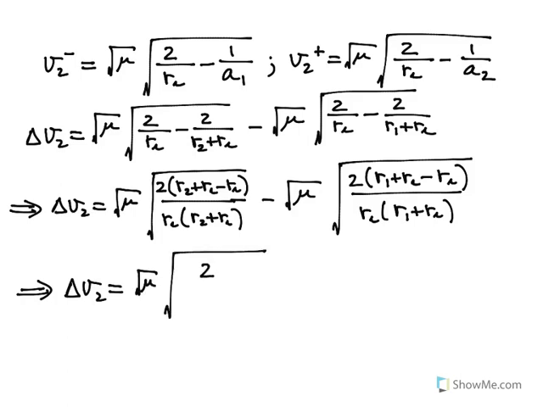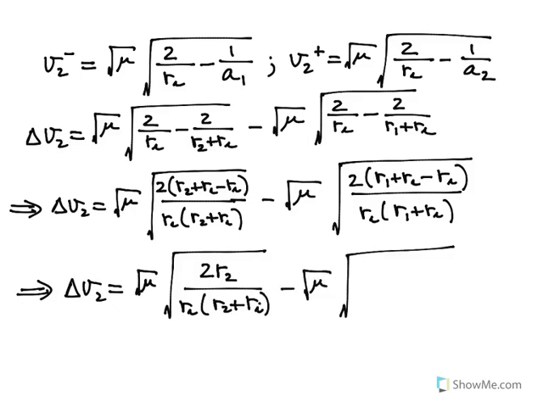We've got 2R2 in this case, all divided by Ri times R2 plus Ri, minus the square root of mu times the square root of 2R1, all divided by Ri times R1 plus Ri,